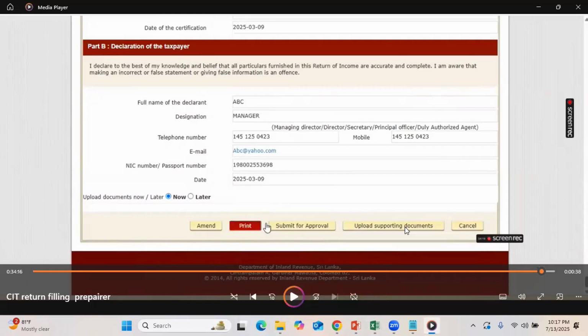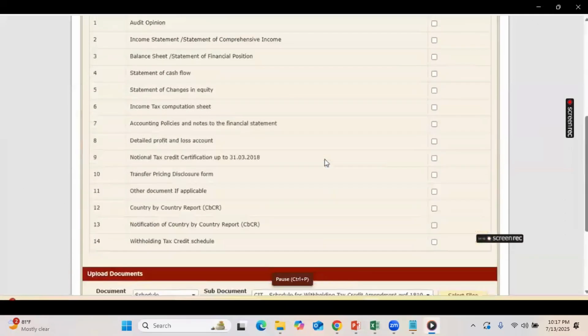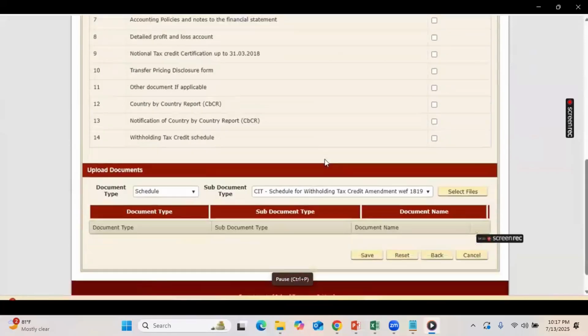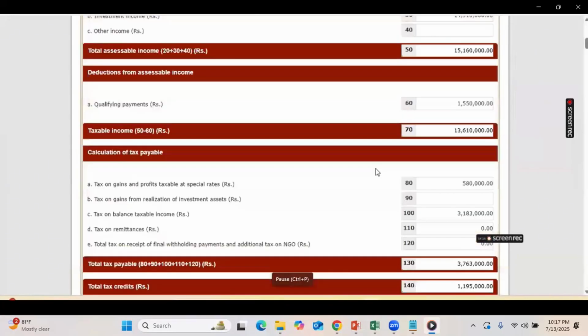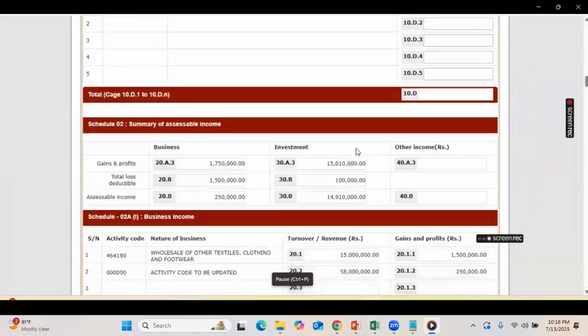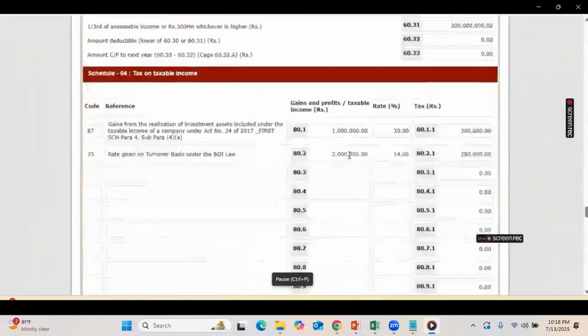So that is the difference between the individual income tax return and the corporate income tax return. The corporate income tax return, only the approver can submit it to the Inland Revenue, right? So here this is the uploading document user interface, right? So you can upload certain details, right? Once it is complete, you have to save the page, and once you save it, you will be back to the confirmation page,